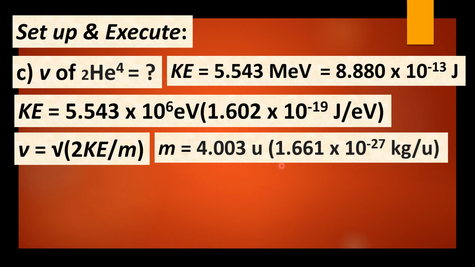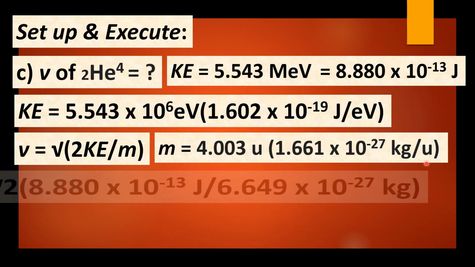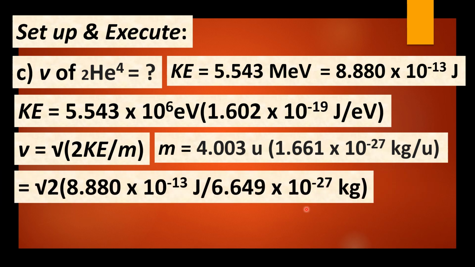So the atomic mass of helium, which is 4.003 atomic mass unit, is multiplied to the conversion factor 1.661 times 10 to the negative 27th power kilogram per atomic mass unit. So, doing our math, we will get,